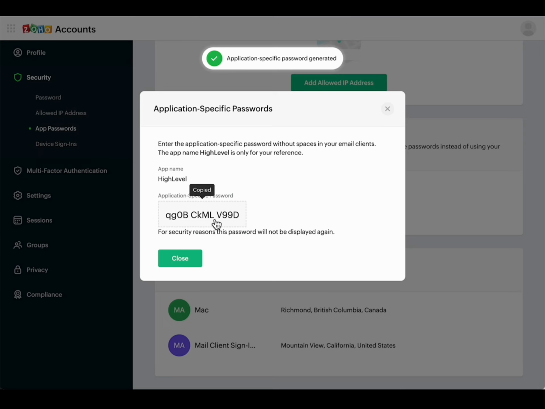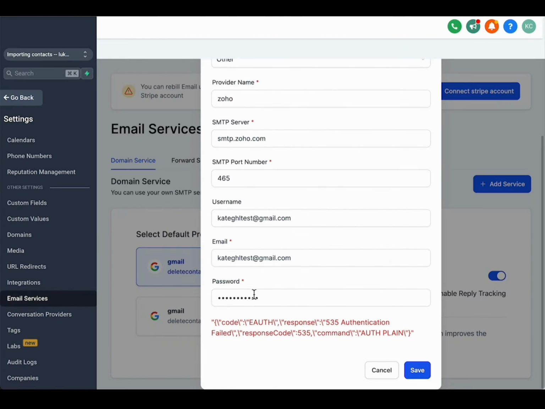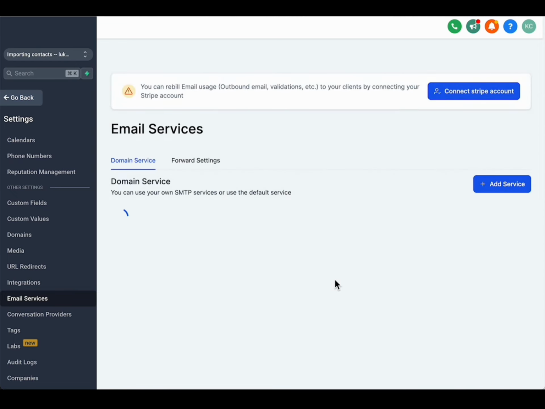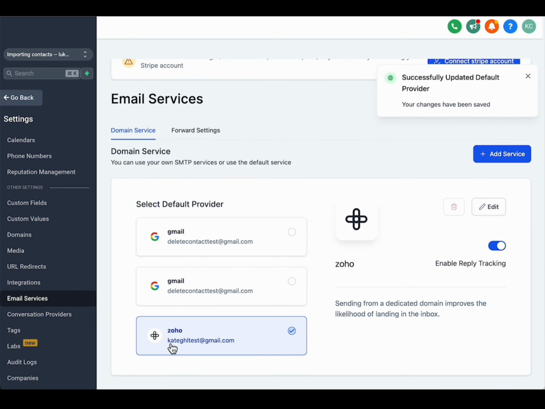Yep, now let's click here to copy the password, and we're going to try to integrate this with the password again, and there we go. Now let's test this integration here. We selected it as the default provider,